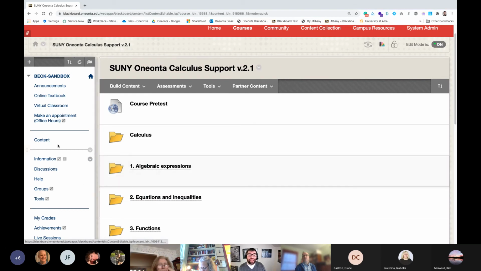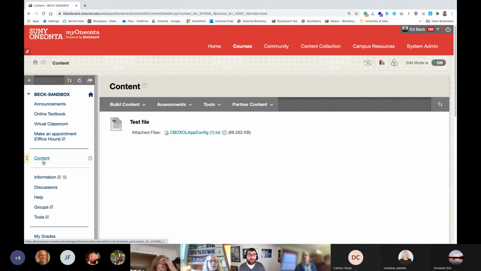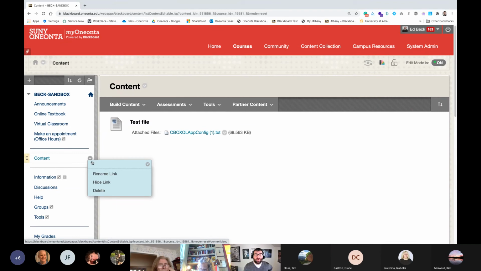So I'm going to look at this content area that's right here. Every Blackboard course starts with a content area, and right now this content area is shown to students. If I wanted to hide this area from students, I could click on this drop down right here, and I could click on hide link,